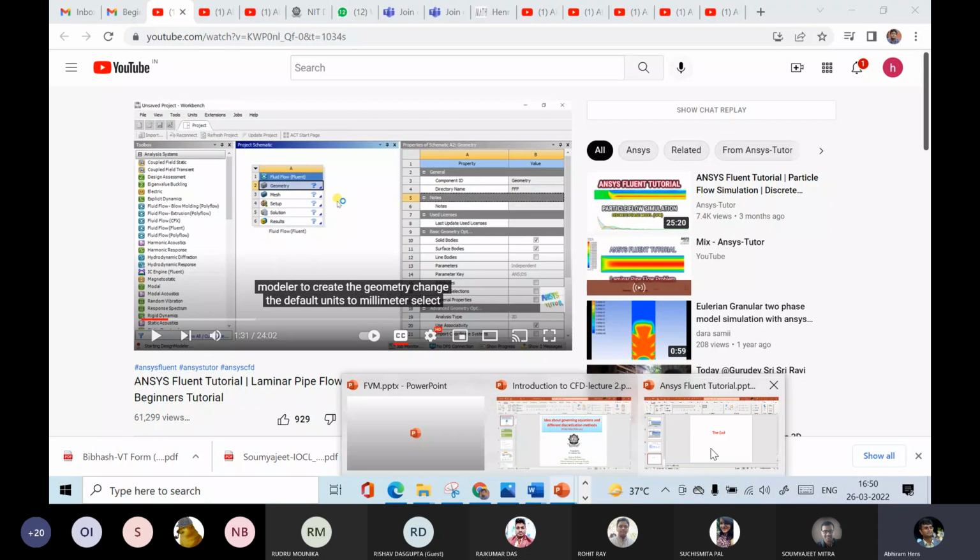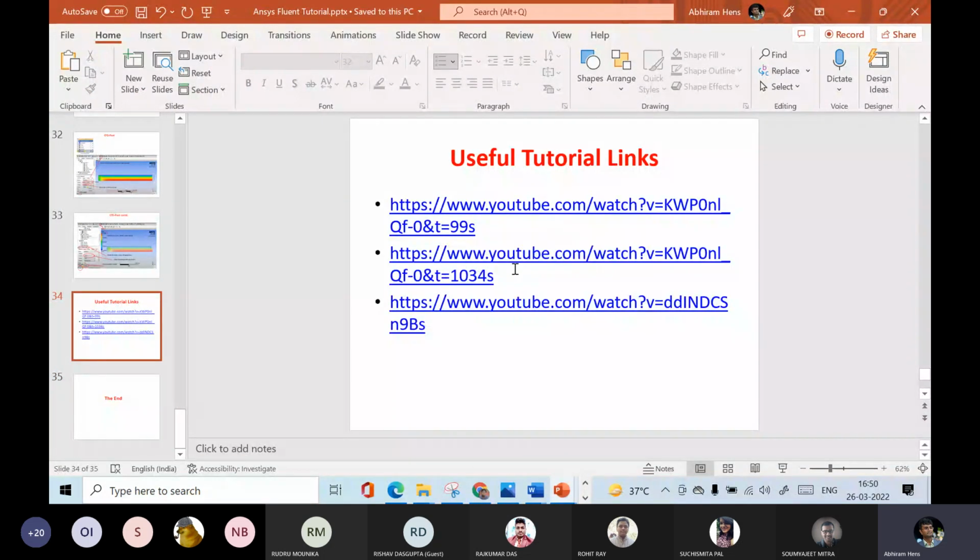This first one is whatever is going on, and the second and third are also there, so you can follow them and practice them. This is for the practice part. So today you may not get much time, but